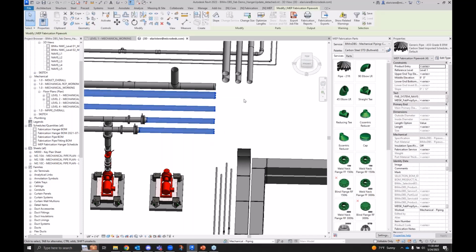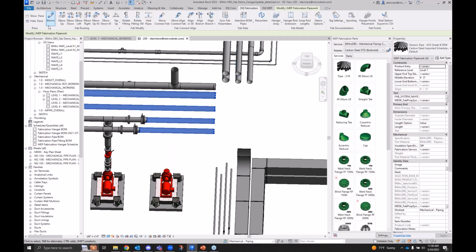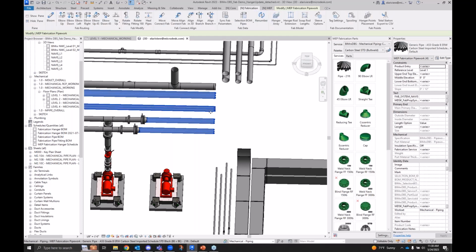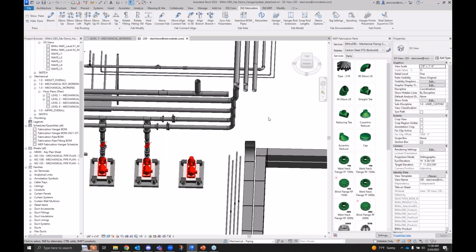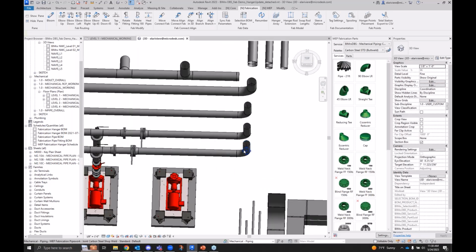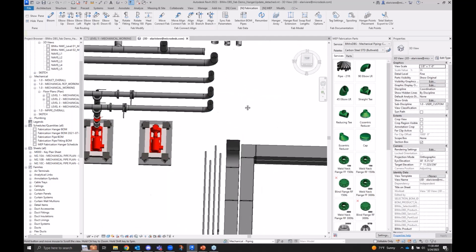You can grab as many elements as you want now, and then using those commands over in fabrication, and in fact, these do exist for MEP as well. So for MEP users, you will also have multi-elbow. We can just go ahead and choose the command we want, and we'll see all of those elements go ahead and run up. Now, what's exceptionally cool here, you'll notice it's maintaining that spacing,